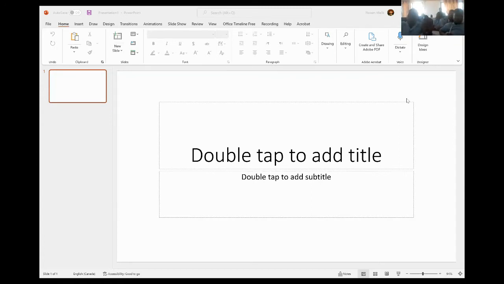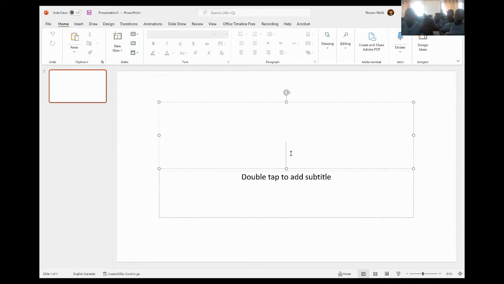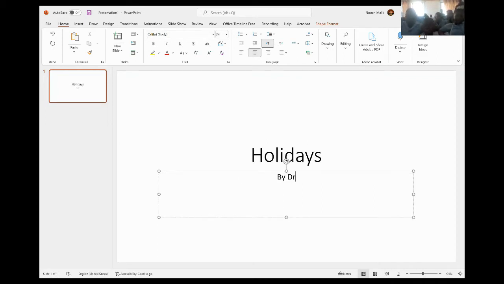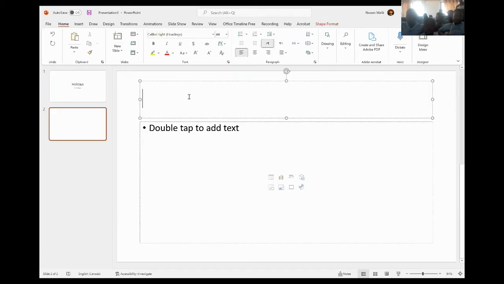So let's start. Let's start with some topic. For example, let's take holidays or any topic. And let's have some additional slides. Why holidays are important.